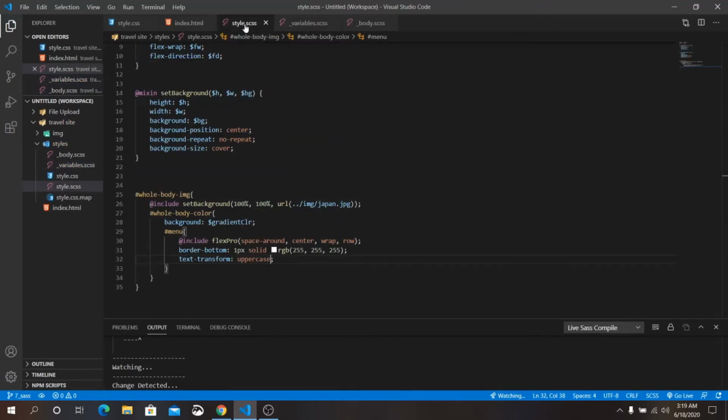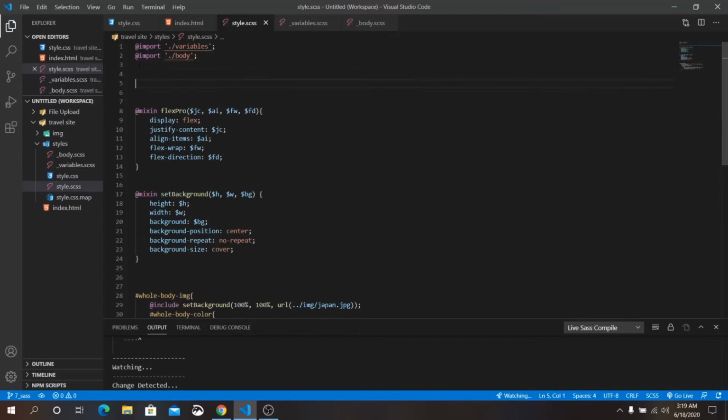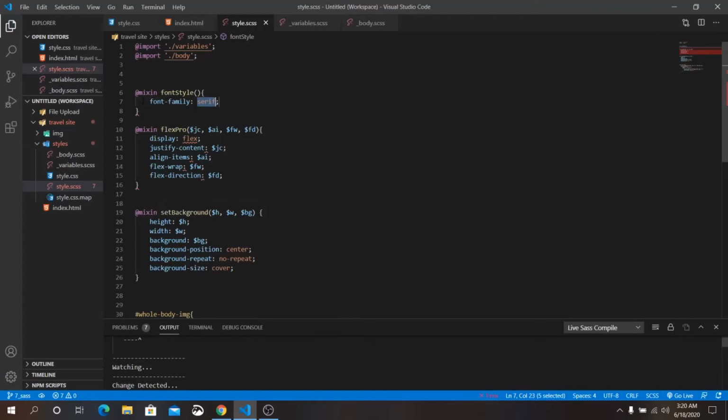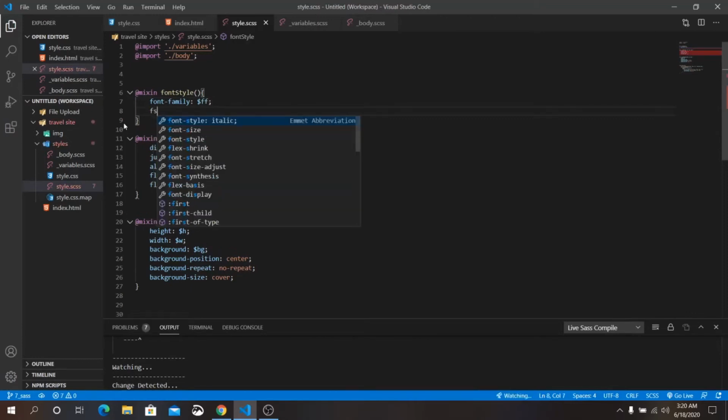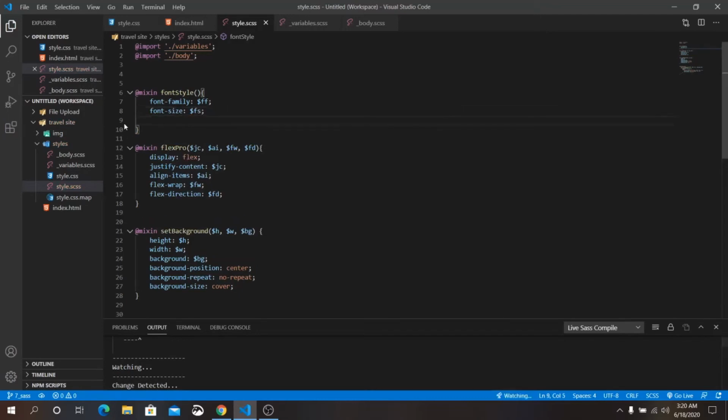Because we need to style the text for different elements, we don't want to write those styles again and again, so we are going to make a function. Yes, you guessed right, we need to make a function. Just write mixin. Font family will be ff, font size will be fs, and the third one will be line height, ls. Okay, comma fs comma ls. Okay, let's use this function